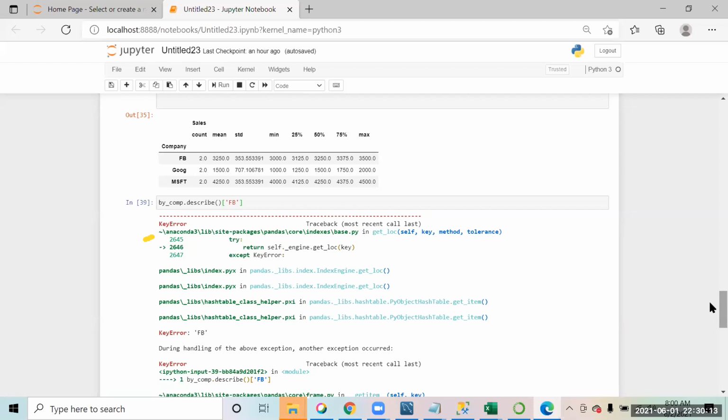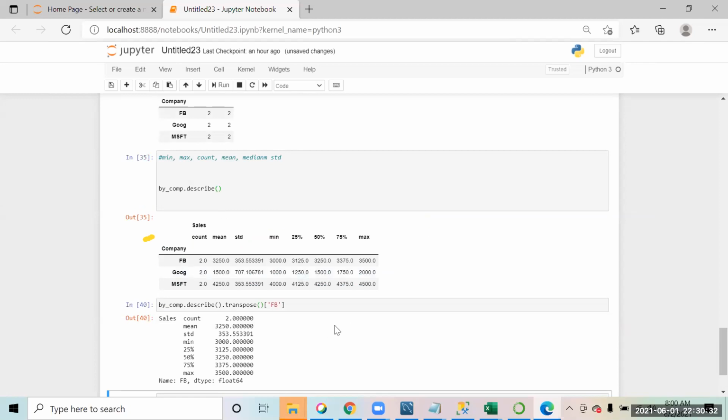This is only the rows. Okay, the transpose was required. It was taking that as a column name.